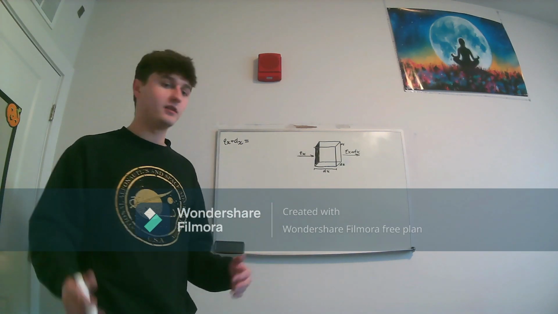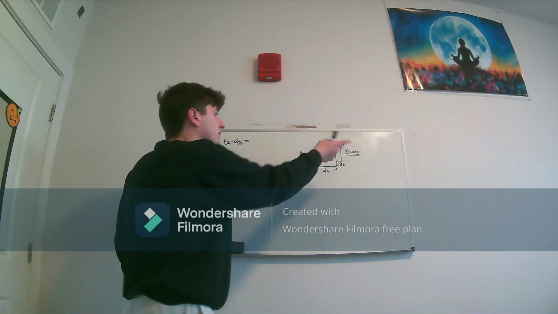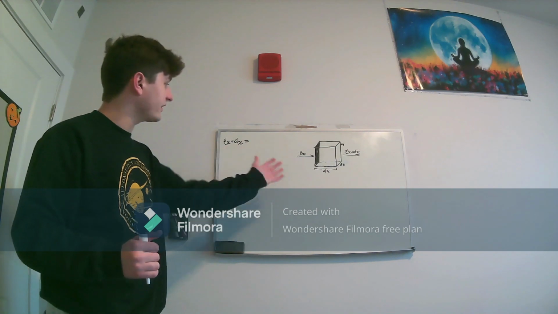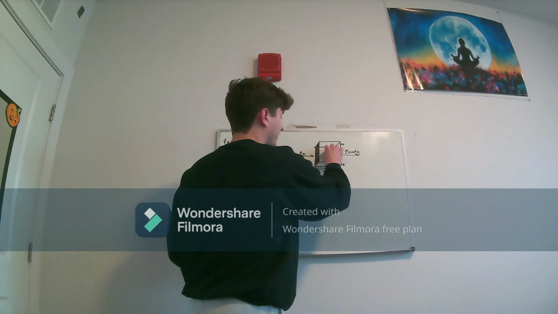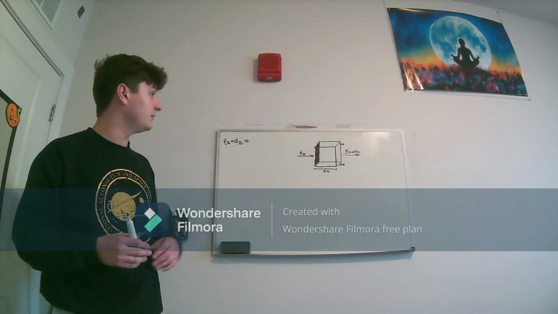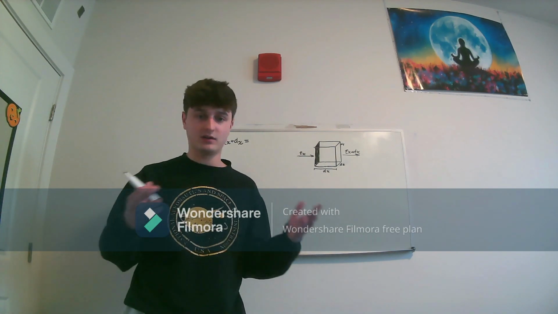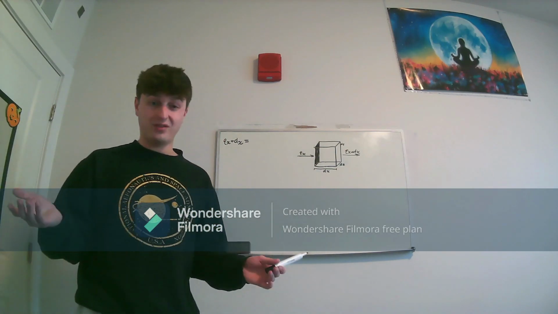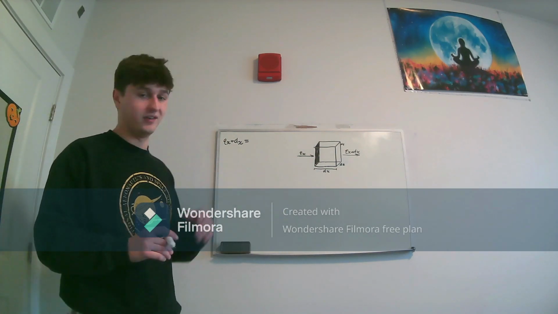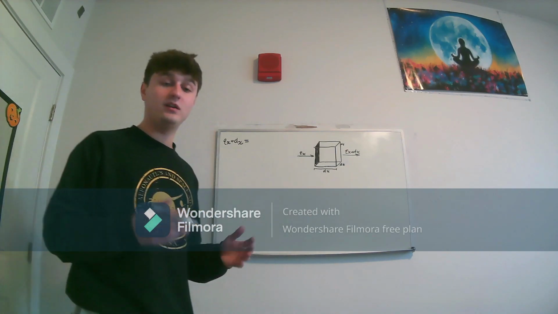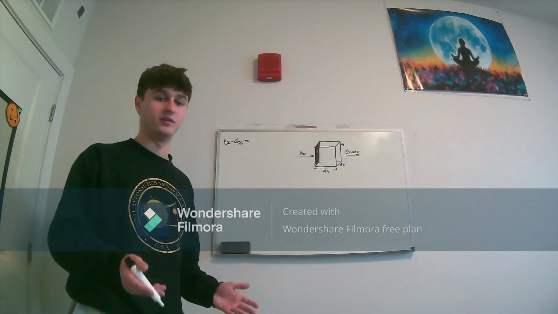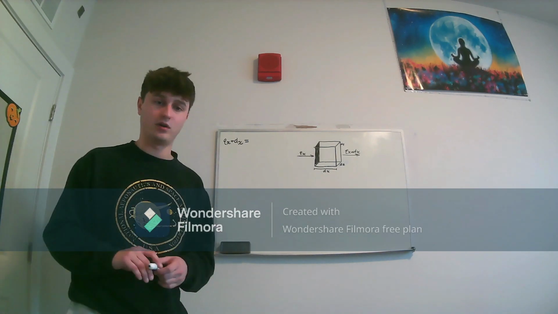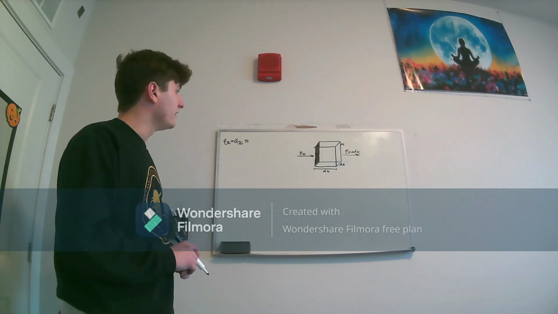Now, you're saying, why isn't this linear? It looks pretty linear right here. You're just going from left to right. There are a couple other things we need to consider. When we're talking about this system, we may have some sort of energy stored within our cube, or we could also have some energy generated via some sort of exothermic or endothermic reaction inside of here. Due to those outlying factors, we don't know that this is linear, and in fact, it's not. So we need to account for those factors, and we're going to do so via a linear approximation of this. Then we're also going to go through a couple other equations and factors that are going to lead us to